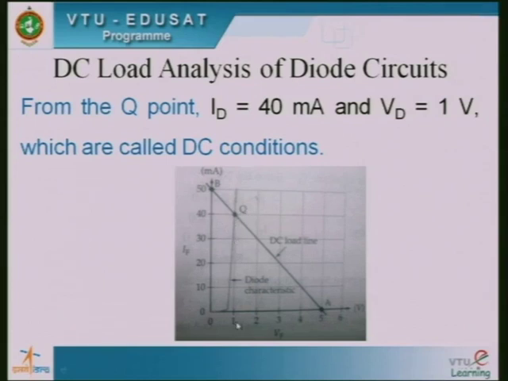Therefore corresponding to the Q point, you can extend this Q point along the x-axis, and you will get VD equal to how much? 1 volt. Similarly, if you extend this Q point on the y-axis, you will get ID equal to 40 milliampere. Therefore from the Q point you will get ID equal to 40 milliampere and VD equal to 1 volt, which are called as